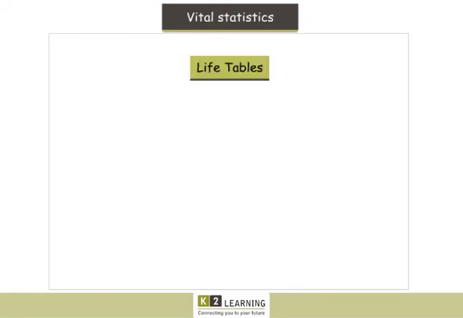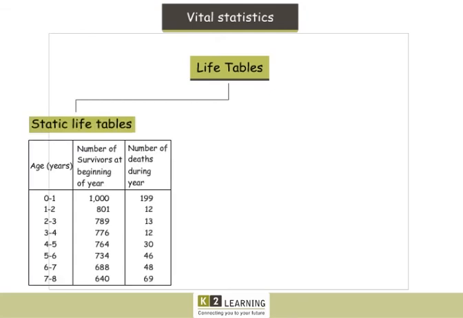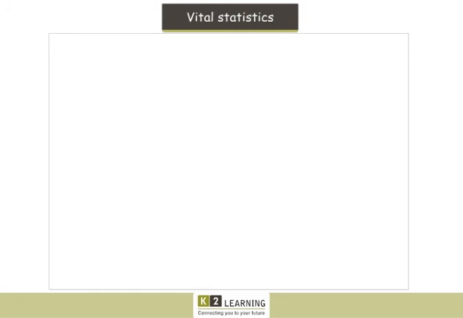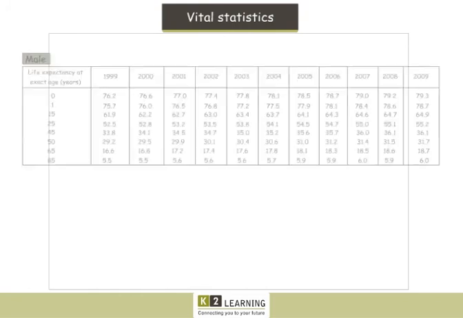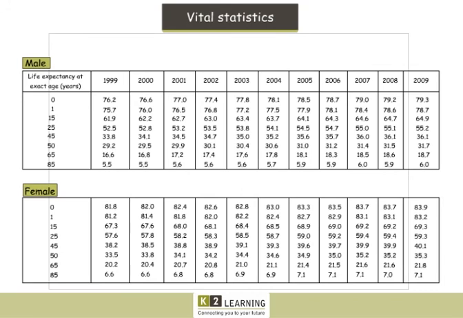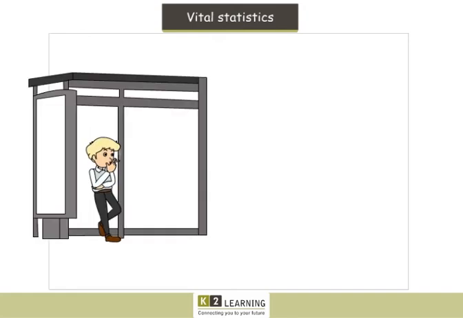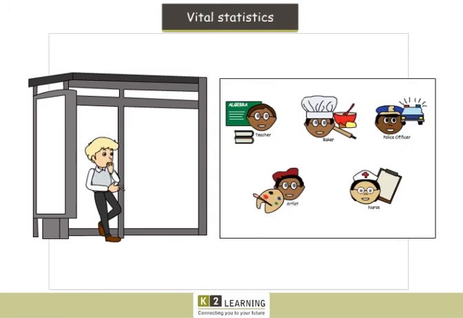There are two types of life tables. Static life tables show the current probability of death for people of different ages in the current year. Cohort life tables show the probability of death of people from a given cohort, especially birth year, over the course of their lifetime. Life tables are usually constructed separately for men and for women because of their substantially different mortality rates. Other characteristics can also be used to distinguish different risks, such as smoking status, occupation, and socio-economic class.